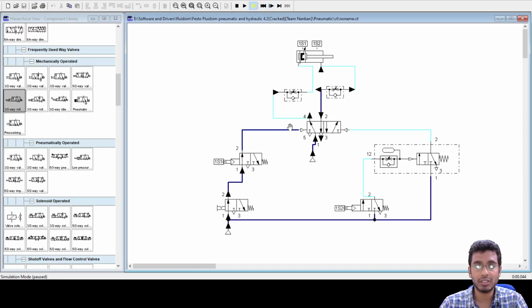If you see here, this would result in now my extension of the cylinder. So you can see the pressurized line going here. This is a one-way flow control valve that will actually control the speed of my extension. So you see the cylinder extending. Fine. Now see, once the cylinder has completely extended, then your 1S2 roller valve will get actuated.